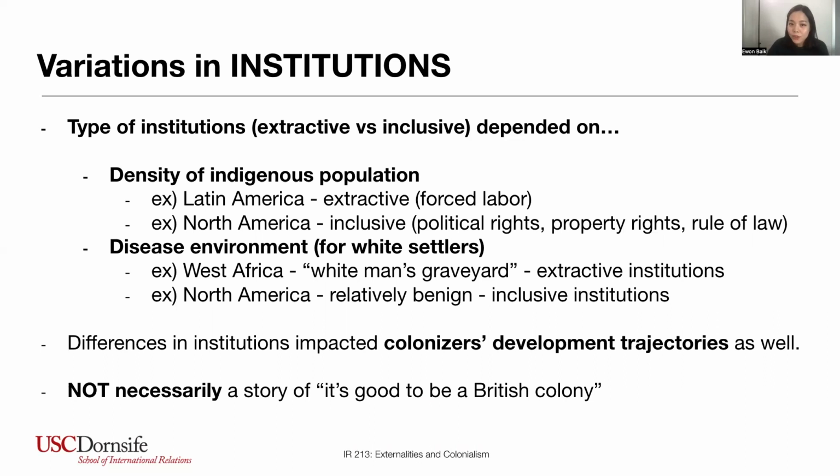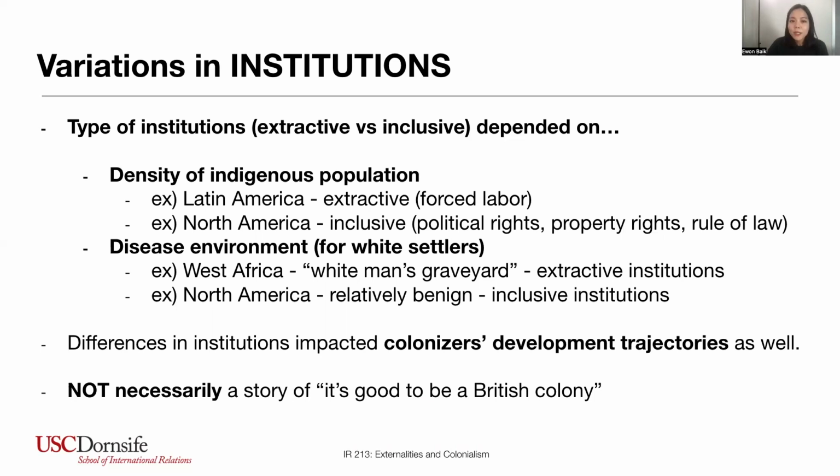So early colonizing ventures, such as the Virginia Company, needed to attract Europeans to first come to North America. And once they got here, you had to rely on these settlers, right, for both investment and labor. You had to incentivize them to be productive and generate more revenue. And so what sort of incentivizing institutions would these be? Political rights, for one thing, right? Give these people a say in how they are ruled. Property rights would be another, giving them access and ownership to land so that they can cultivate agriculture and be productive. Rule of law, right? And that would ensure that these political rights and property rights were enforced and followed.